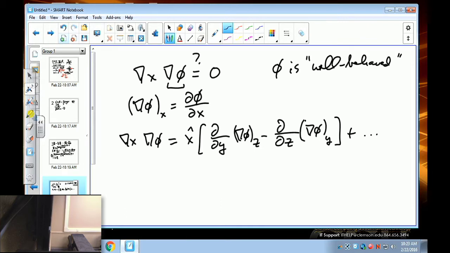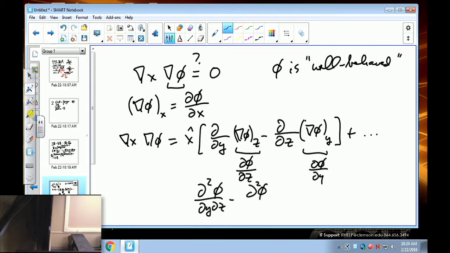The z component of the gradient, of course, is just the derivative with respect to z, and the y component of the gradient is the derivative with respect to y. And so you can see here, this is in fact the difference in the mixed partial derivatives, which we demonstrated is 0. So therefore the curl of the gradient is 0